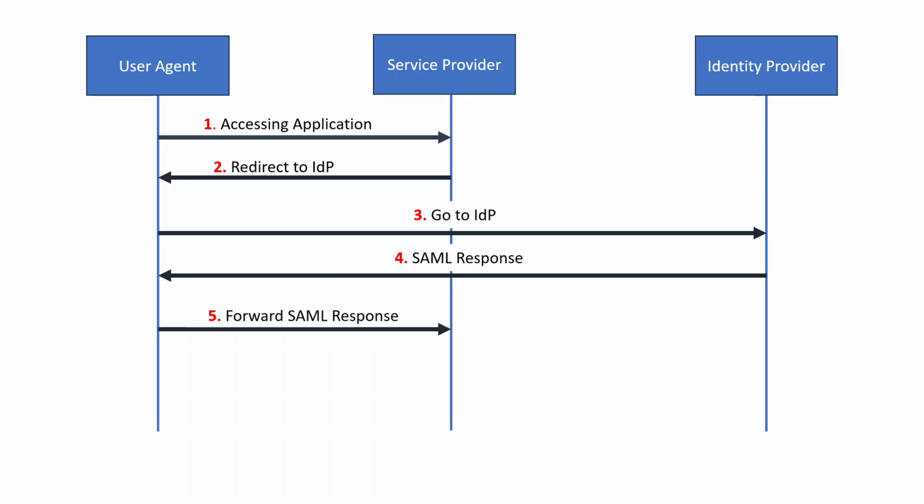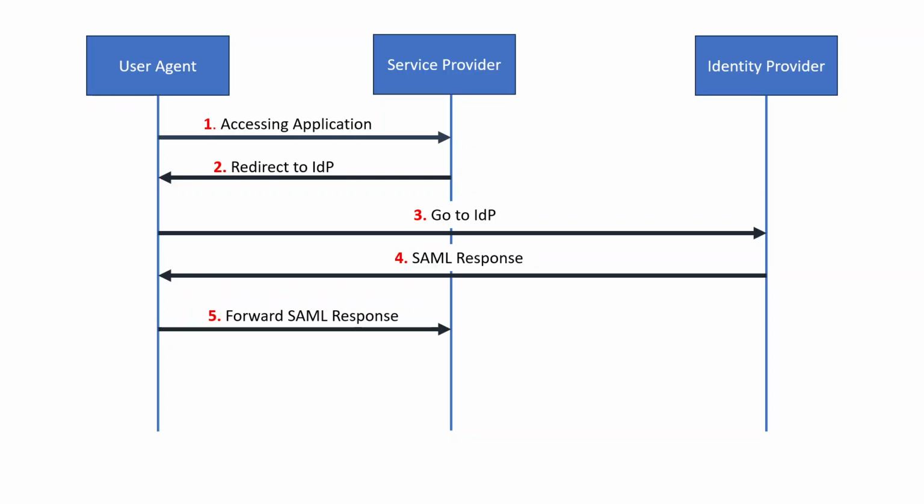Now this SAML response would be forwarded to the service provider, and most of the vulnerabilities that we will be discussing about SAML authentication would come under this step or after this step. Forward SAML response, the fifth step. So we will see if the service provider is not checking the SAML response that is getting forwarded by the user agent, then it can lead to authentication bypass or complete authentication bypass vulnerability as well in the SAML